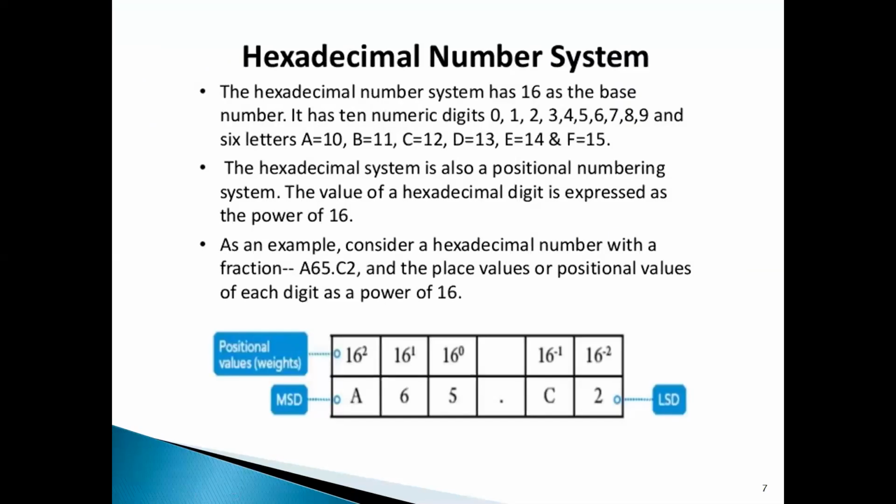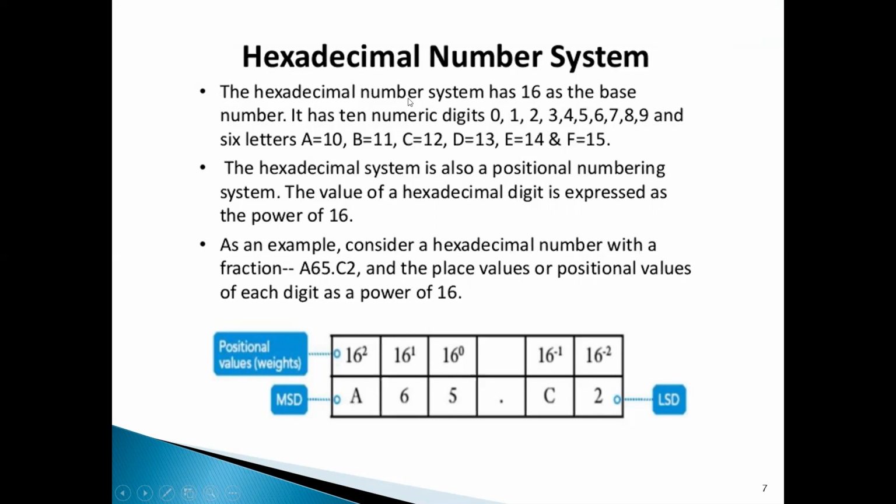Now the next number system, that is the hexadecimal number system. The word hexadecimal is a combination of 2 words, that is hexa and decimal. Hexa means 6 and decimal means 10 digits. So 10 plus 6, that is 16.